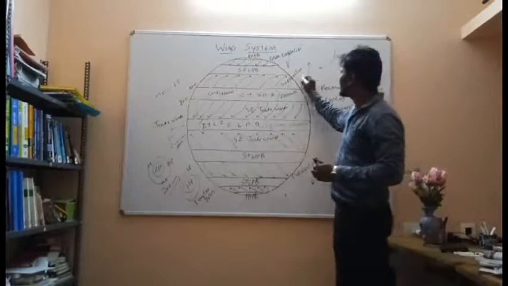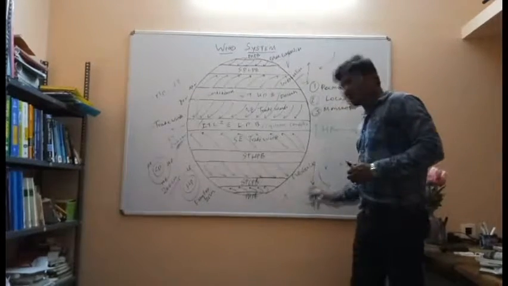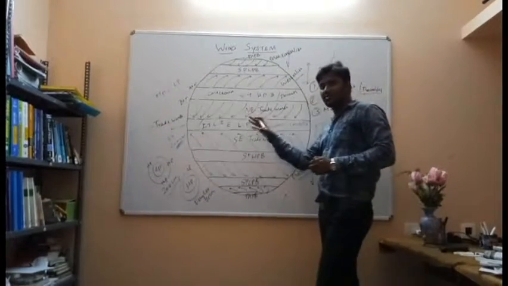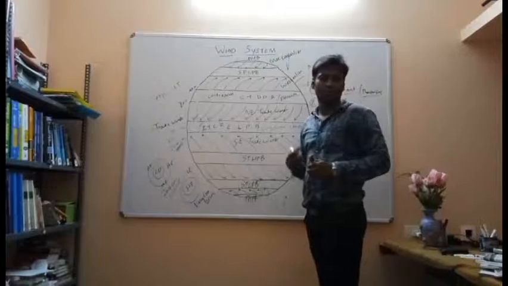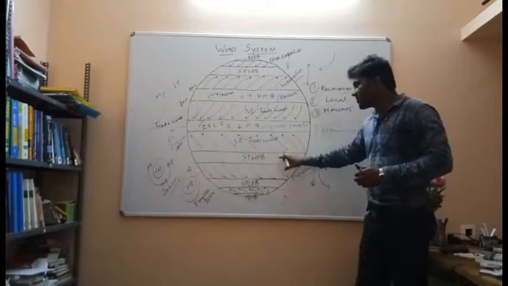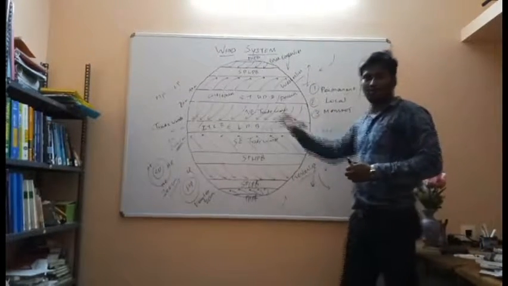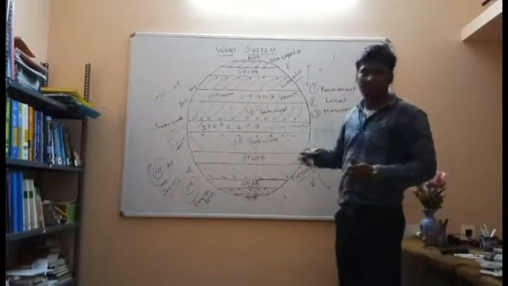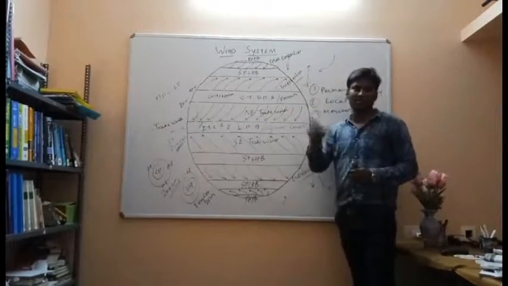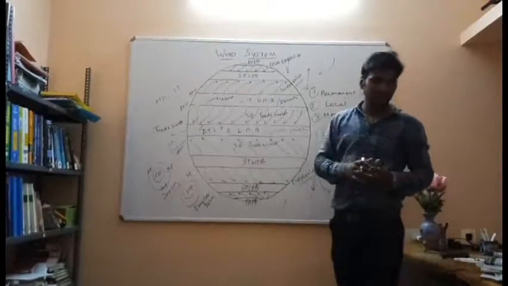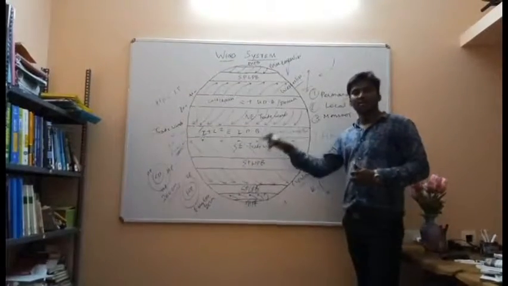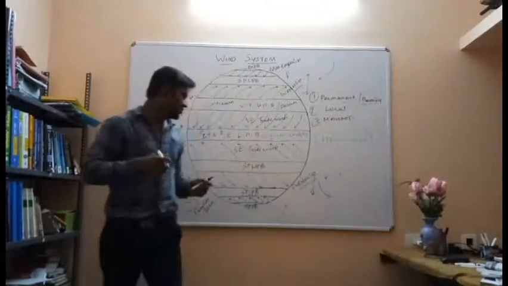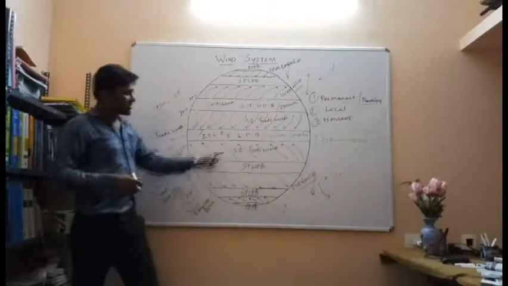Coming to the westerlies, compared to the northern hemisphere, the westerlies in the southern hemisphere are more powerful and violent, because the southern hemisphere is dominated by oceans, but the northern hemisphere is dominated by land surface. Land surface will have less moisture content, so the wind system will have less moisture and less rainfall. But the westerlies in the southern hemisphere have more rainfall and more moisture content. So that's why it is called